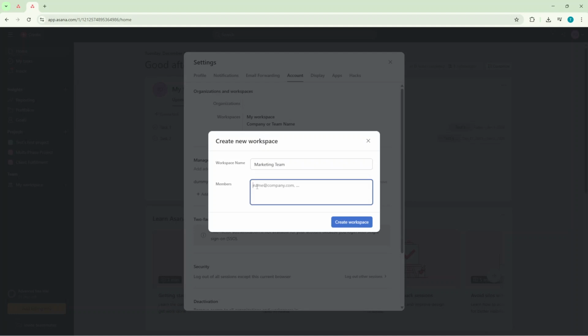In the field provided, type the email address of each person you want to add. Double-check spelling to ensure invites go to the right people. You can typically add more than one person, and you can always invite additional members later if you prefer to start small. When you're finished naming the workspace and adding the email addresses of the people you want to invite,